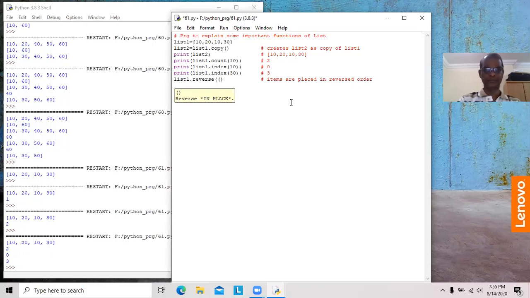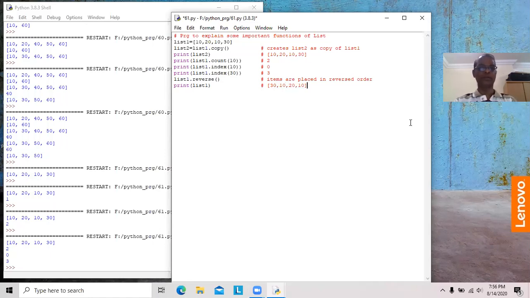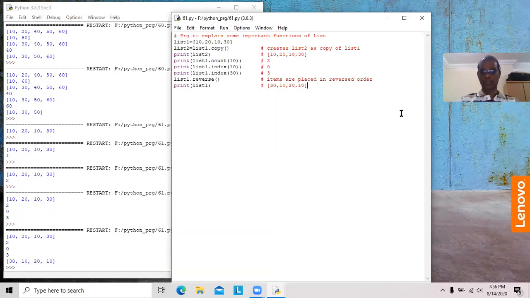Now we will see list 1. Now list 1 contains 30, 10, 20, 10. So elements are placed in reverse order. 30 comes first and then 10, 20, 10.